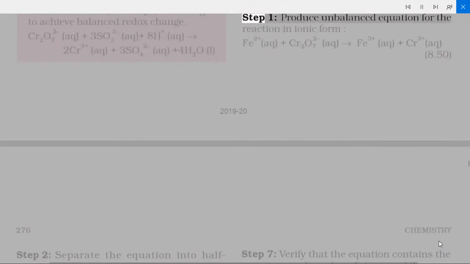Step 1. Produce the unbalanced equation for the reaction in ionic form. Fe²⁺(aq) + Cr2O7²⁻(aq) → Fe³⁺(aq) + Cr³⁺(aq) (8.50)